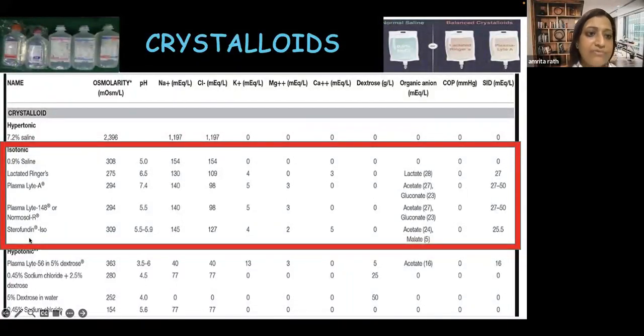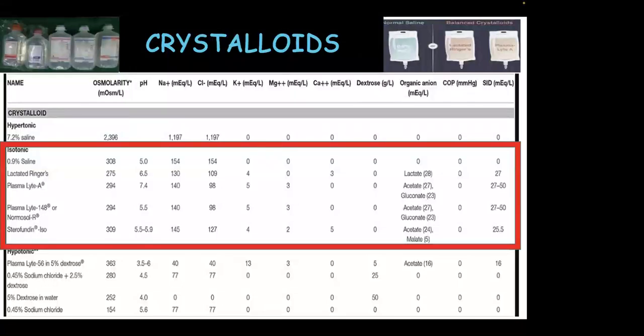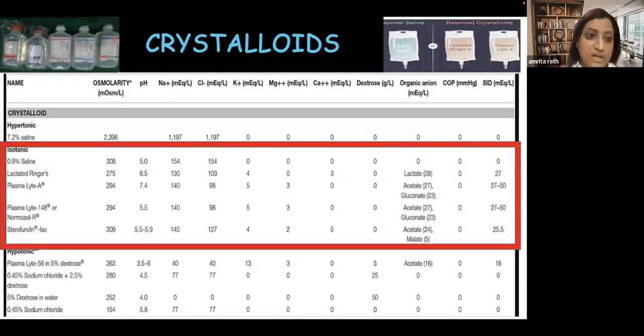So what I have seen over repeated years, whenever we ask people what fluid they want to give, people come with Plasmalyte P because they have a notion that P is for pediatric and for maintenance fluid. This is the biggest misnomer. Plasmalyte P is the hypotonic fluid which is not to be given. If you wish to give, the first choice is Plasmalyte A, second is Ringer lactate, third is normal saline. Sterofundin is a commercial preparation name. You can always give that, but keep these three in mind for answering.